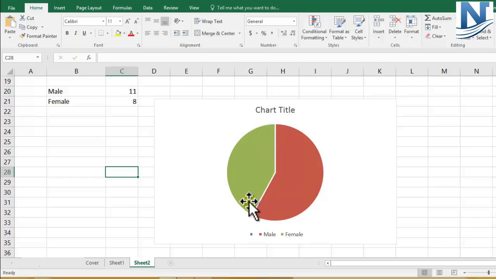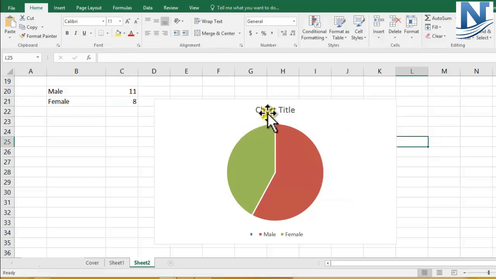This particular area is for female employees. There are 8 female employees, which comprises 42% of the population of XYZ company. So 8 female employees, data is correct. If you bring your mouse on the red area, you can see it's for male employees. The number is 11 and it comprises 58% of the employees of XYZ company.